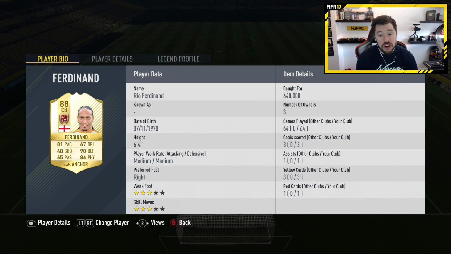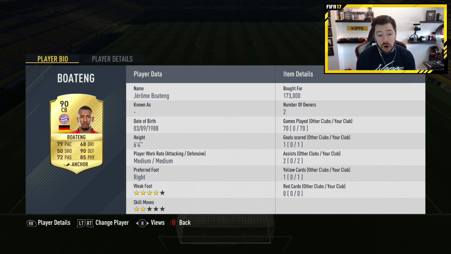We've got Anchor on Rio Ferdinand. Again, another whole bunch of games for him, 64. Anchor is just good for his card. It boosts his pace, defending and physical to really high stats. We've got Anchor on Boateng as well, again just boosting that pace, defending and physical. With Boateng, you could potentially give him a shadow and boost that pace and defending, because 85 physical for a